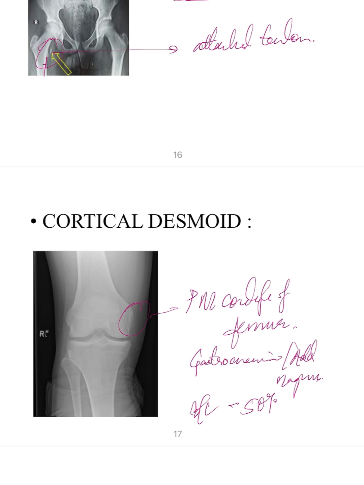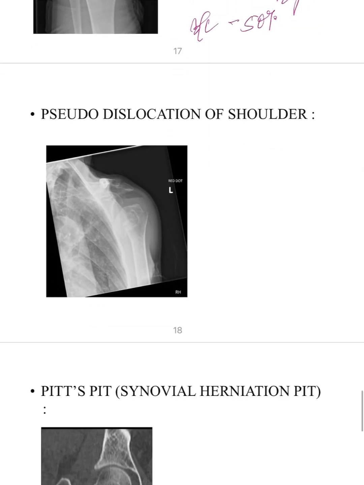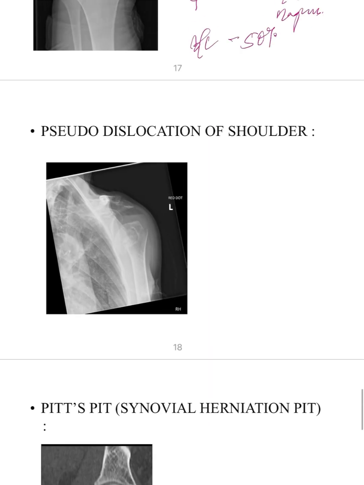In young patients, because of the appearance of irregular bone, it might mimic osteosarcoma histopathologically. Do not biopsy it. Just remember that, and if you have any doubt, you can perform another imaging after 3 weeks. It will subside. Another important entity, the last two important entities which come under these touch-me-not lesions, are pseudo dislocation of